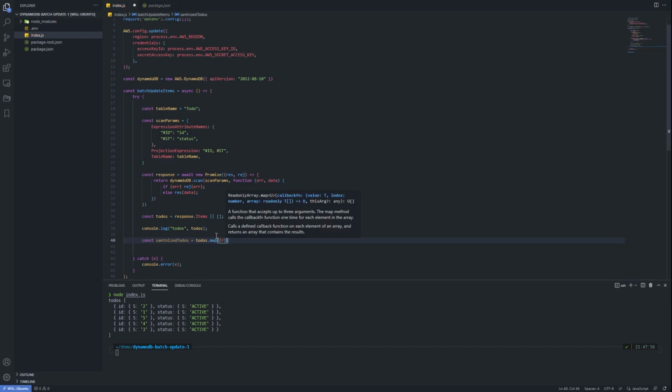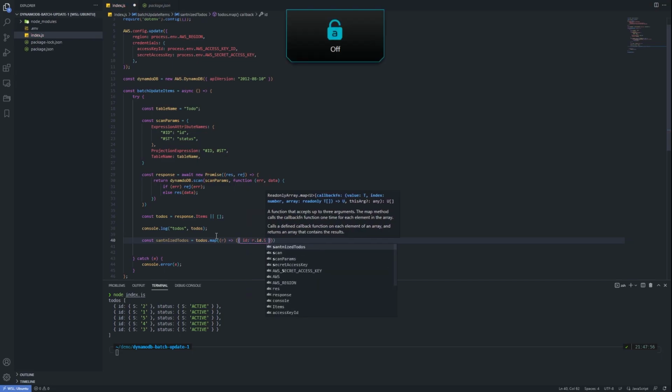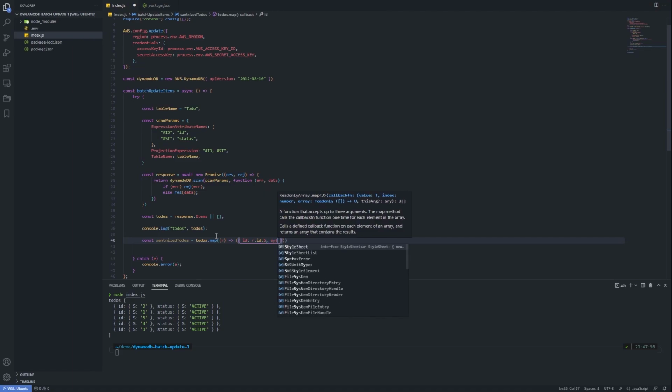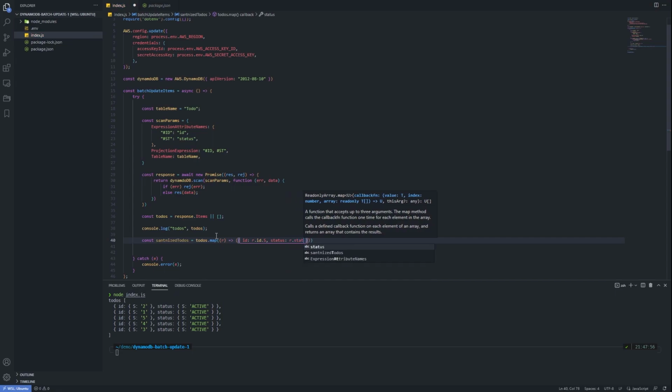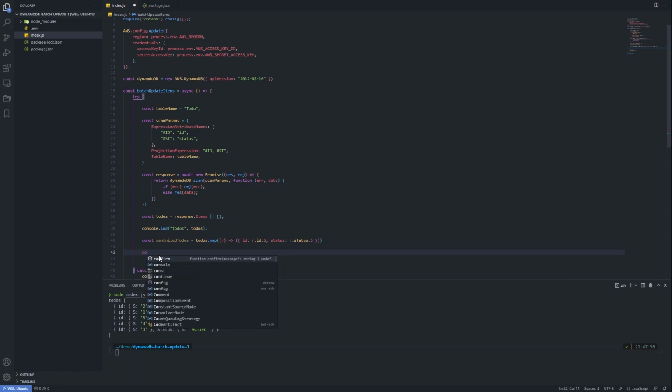I want to create an object, return an object rather. I want to say rid.s, then status.s. So now if we console log this one,